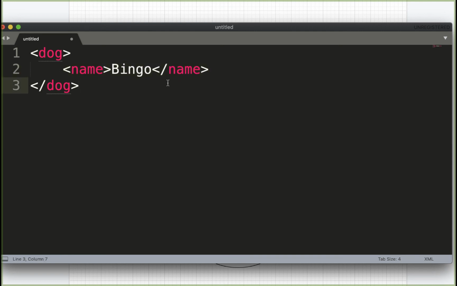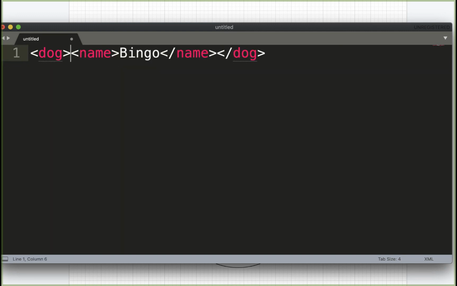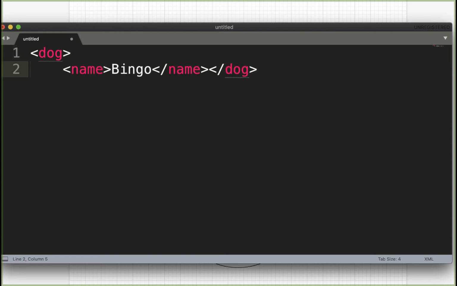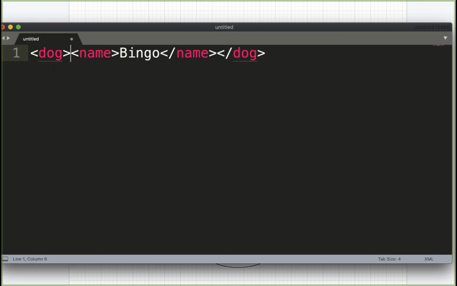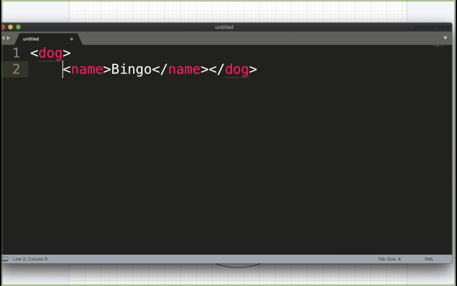Also, one more thing which is critical to understand. If I write my data like this, there is no difference. A computer does not care if you write everything like this or like this, or however you structure it. The only person who does care is you. We'll be using enters and indents just to make sure that we are neat and clean and we can understand what we write. What else does Bingo do?